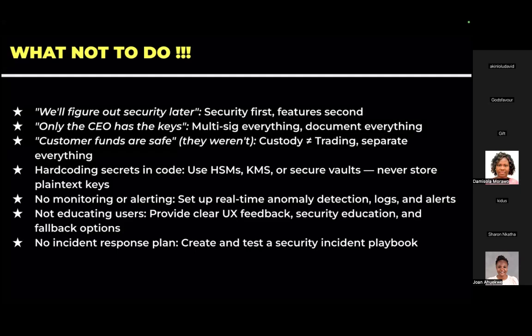And then for incidents, things will happen. Bad things will happen. We always try to avoid bad things, but somehow they catch up. It might not be extreme, but they happen. So try to create and test a security incident playbook. And also, please test. For Bitcoin, the main one we're using is the mainnet. There's testnet, there's regtest, there's signet. Ensure you are testing, not just building and hoping that when it gets to production, it's going to work.